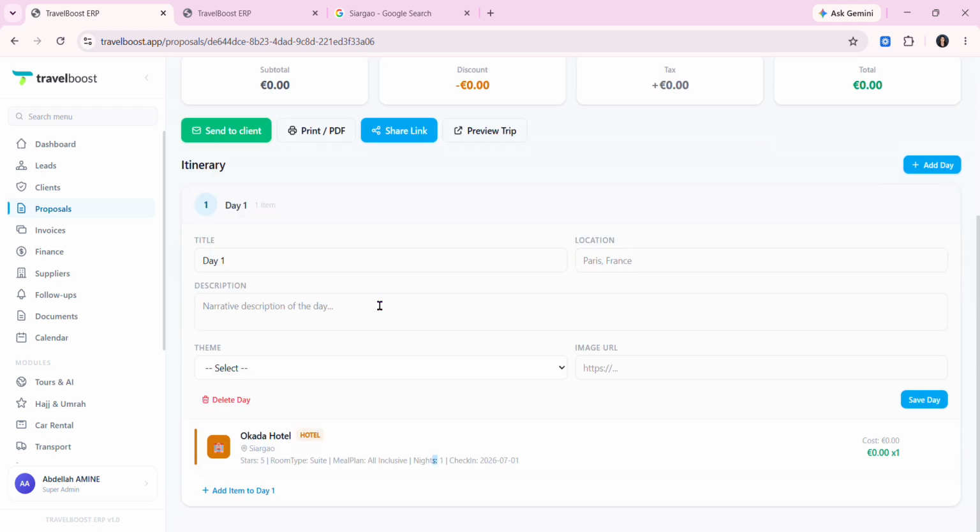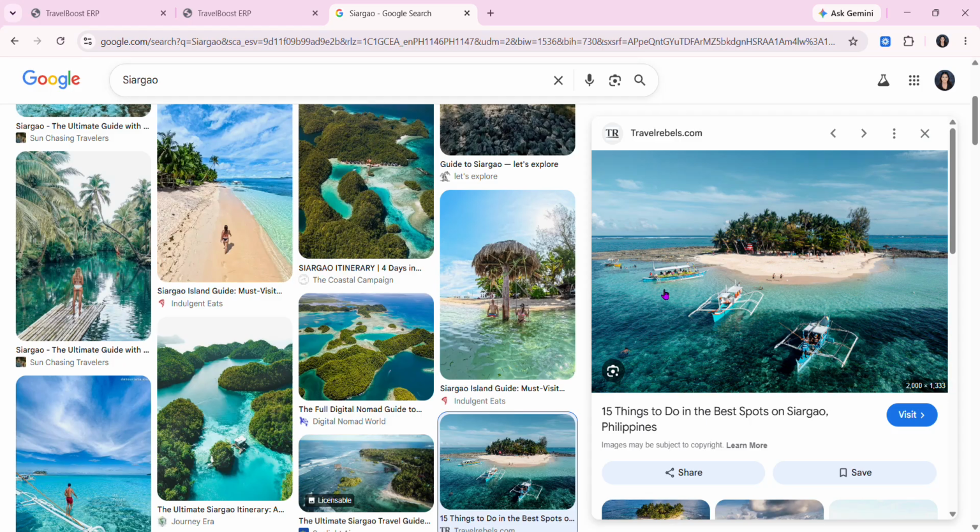Hang on, I think we didn't save the day. So, day one, location, Siargao. Okay, theme, so beach. Let's copy this one again.